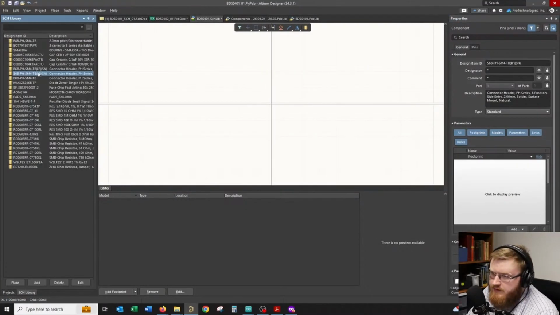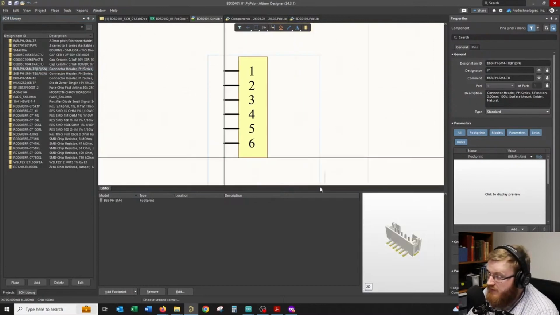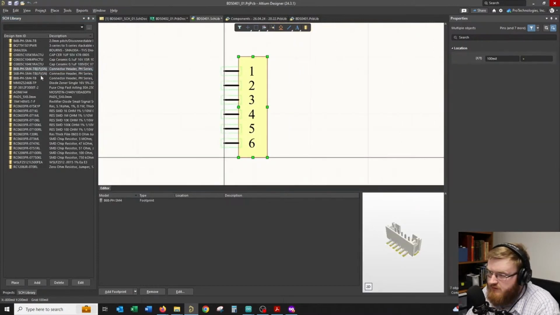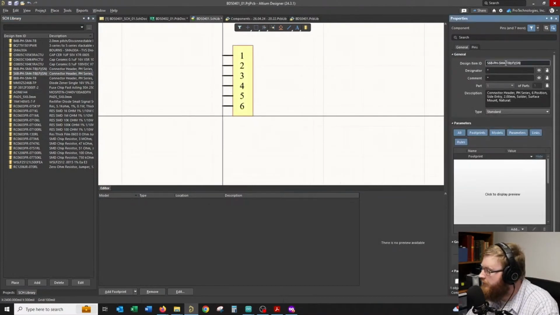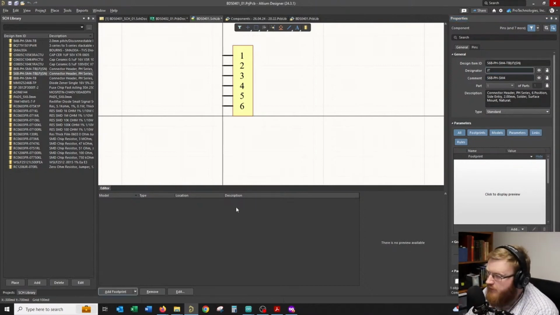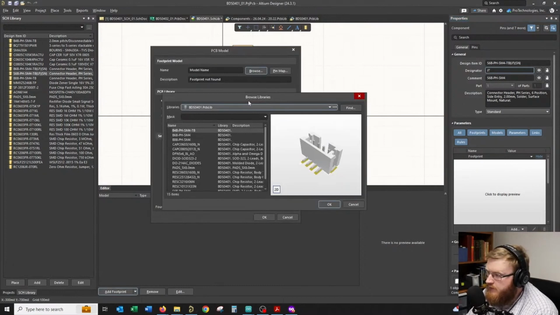Grab the schematic symbol because it's just a schematic symbol. Put it in here. Connector name is the comment, and then J question mark is your designator. And then your footprint is